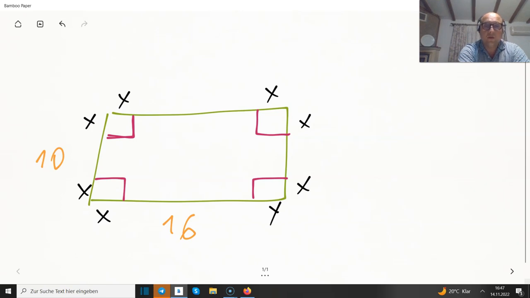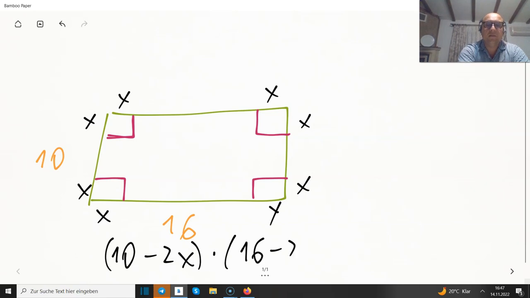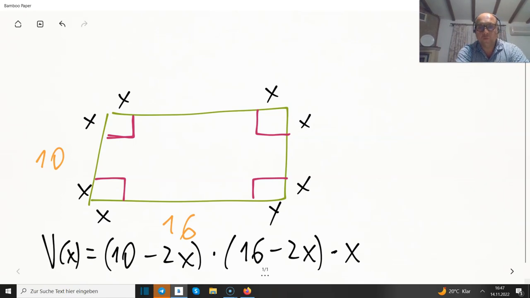So one of the sides is going to be 10 minus 2x. The other side is 16 minus 2x. And the height is x. And this is the volume depending on x. And we would like to have it max. All right, obviously,